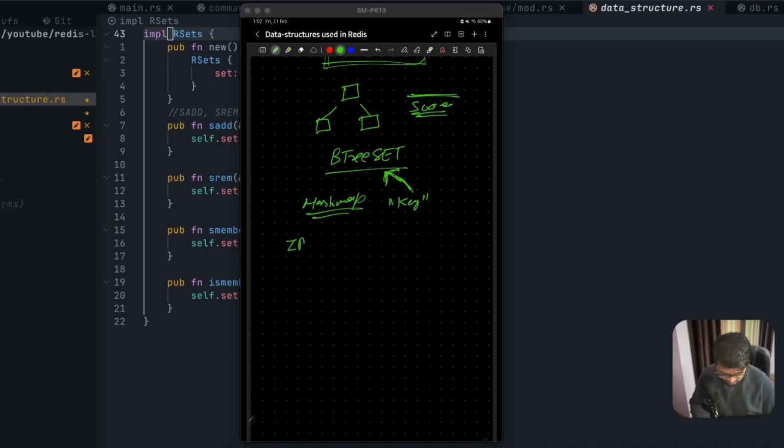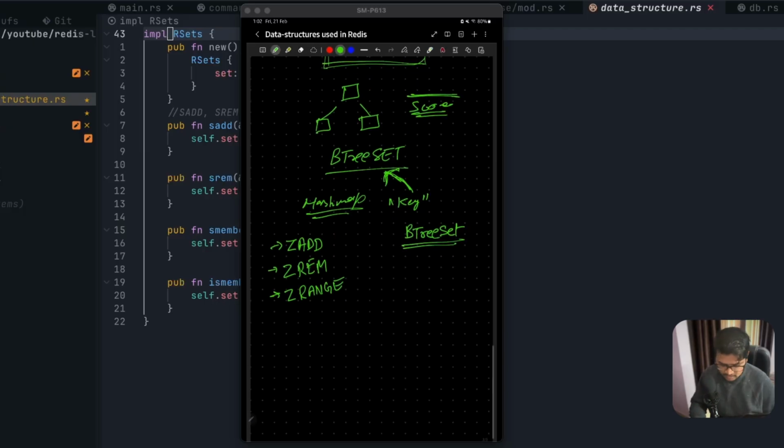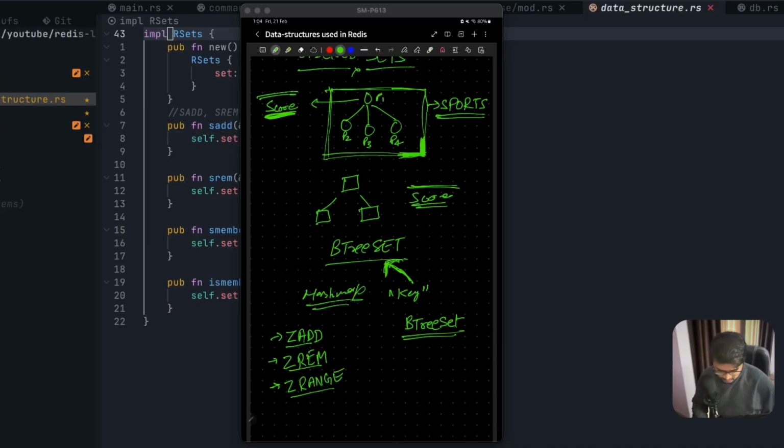We will implement something called ZADD and ZREM and ZRANGE. And a few things to note over here is we are going to use a B tree set. So what it does is, based on the score, it will automatically arrange the items available, and this hash map will store a key linked to this B tree set. So we will implement ZADD, ZREM and ZRANGE, and the score that we'll use here, we will use a floating